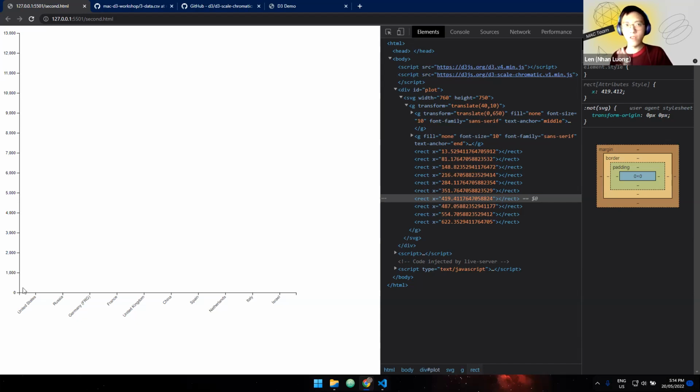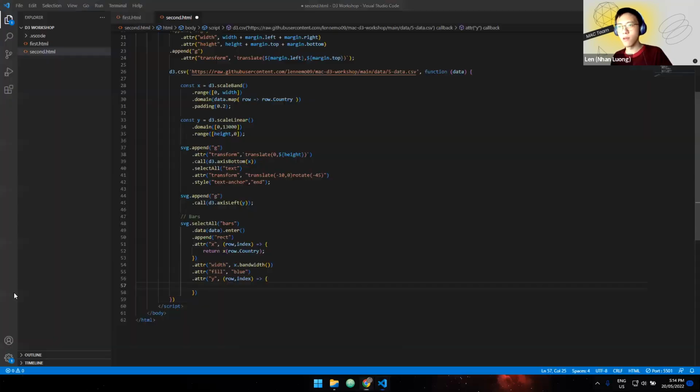So it's a bit confusing, but once you get a sense of it, it will start to make sense. But we don't have to worry about it, because just like X, we already defined a scale for it called Y. So if I just return Y of row.value,